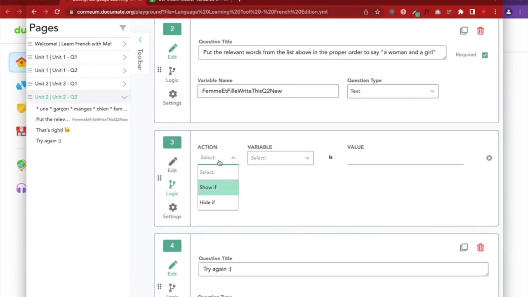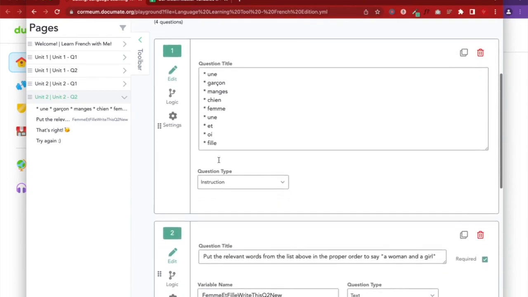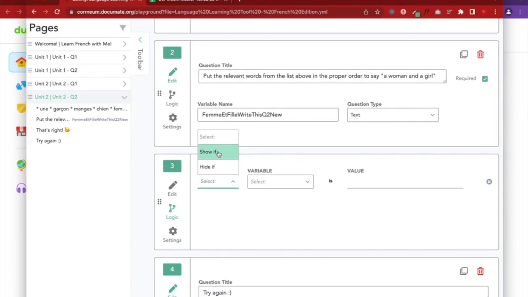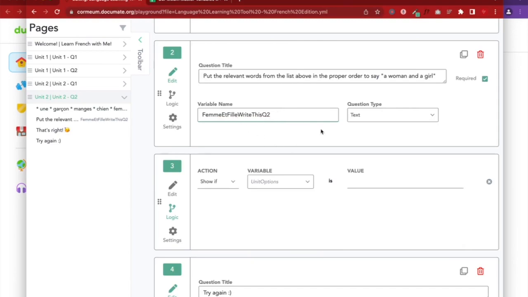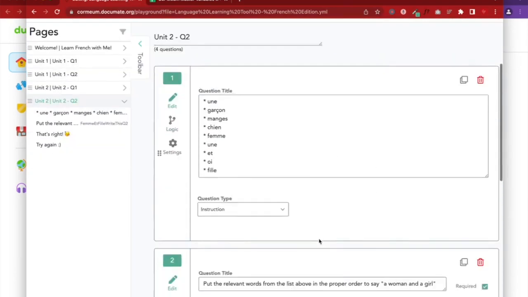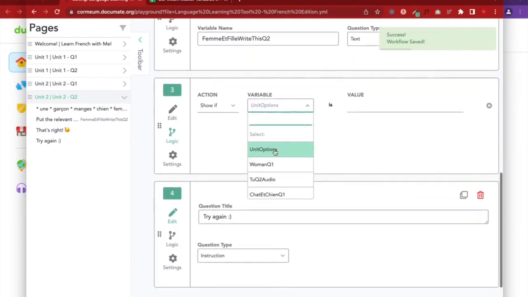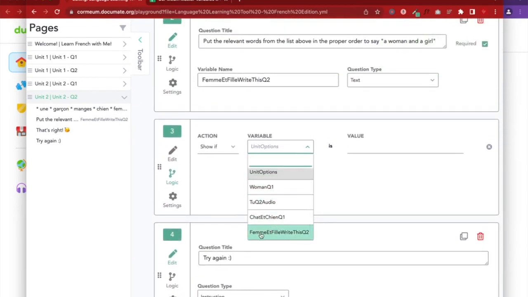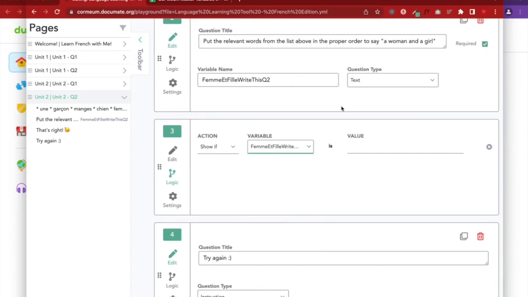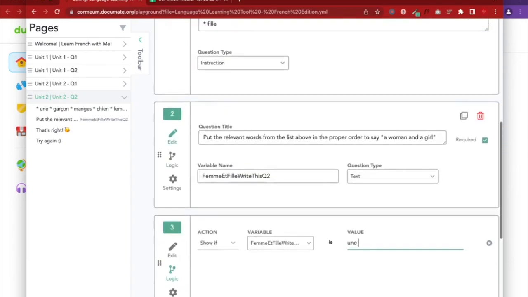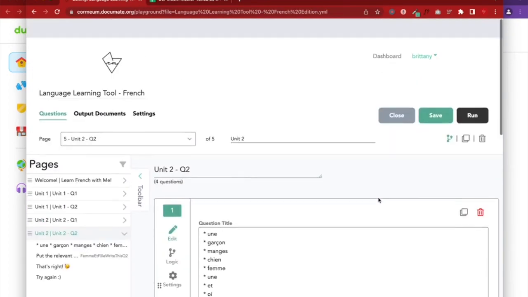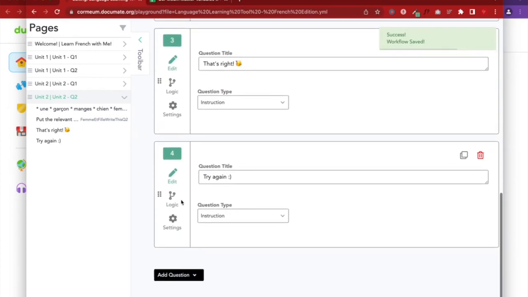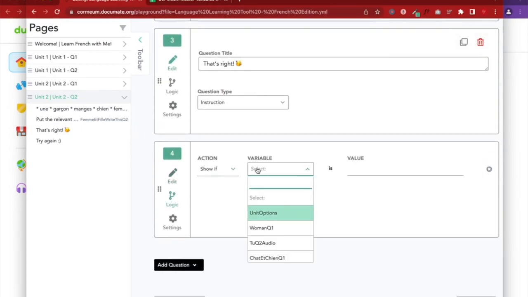And so we want them to say, show if, so I'm going to actually change this to just question 2 because that new one was just a little placeholder, so I could have a different one. So I'm going to say, show this one if femme et fille, right, this question 2, referring to this, is in, then you can say, une femme et une fille, like that. And then if it's not that, so show if,